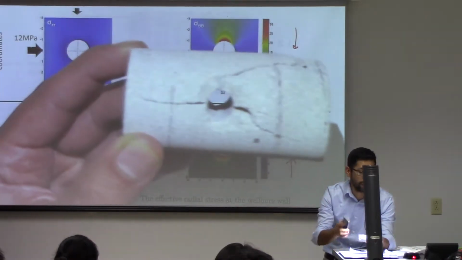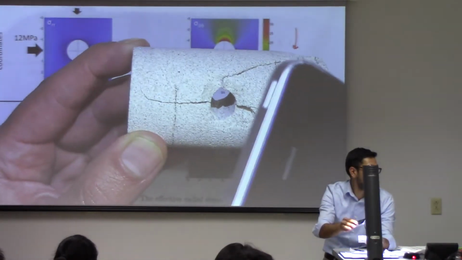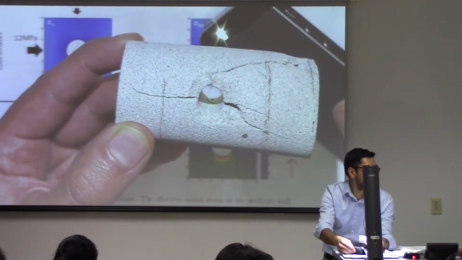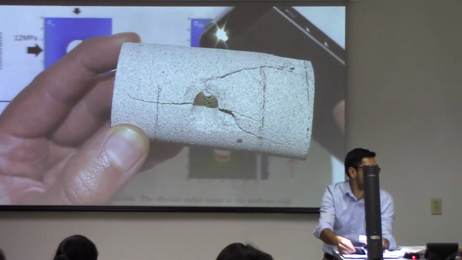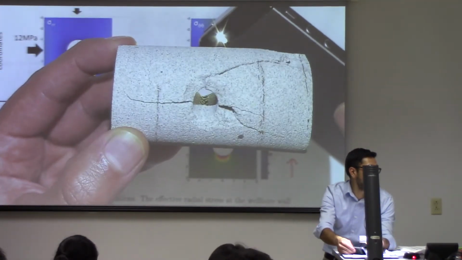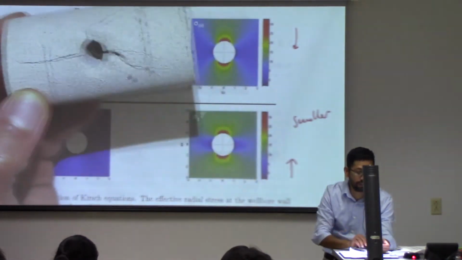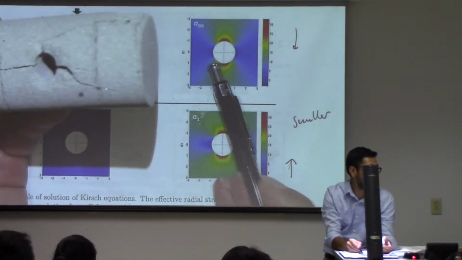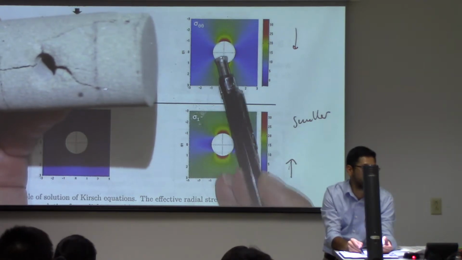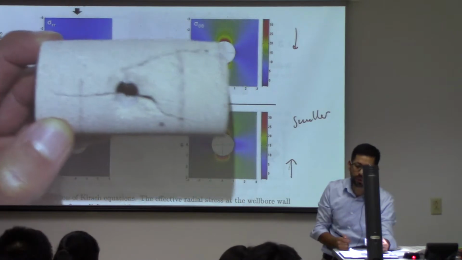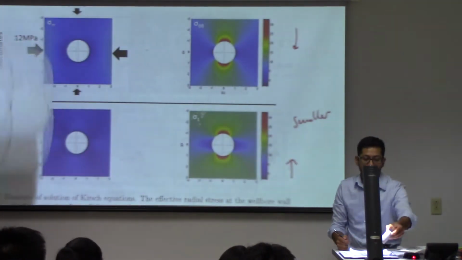Let's see if I can do it from this direction. Not that good. All right, so there you can see it. Oh, there you see very well. So all of that is shear failure, and that happens because you have a very large stress anisotropy in this region. The stress in this direction is much higher than the stress in that direction, and because of that, you have shear failure. And basically, this is what you have to do,